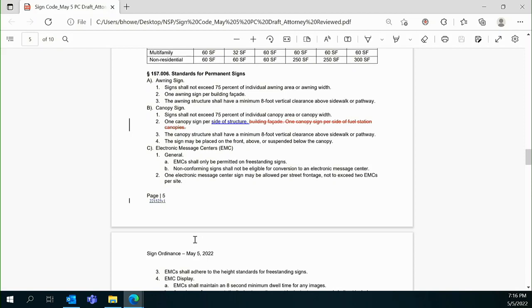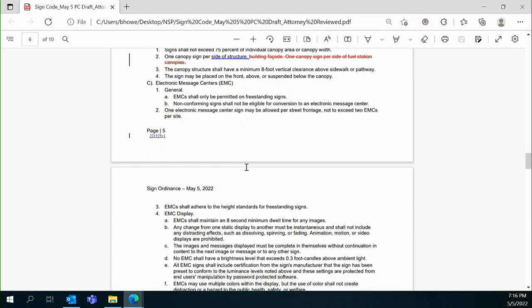If you have an octagon-shaped building, you could have 8 signs, as long as you don't exceed however many hundreds of feet you get. Not a circular building. Wouldn't it be all that big, though? Let's not talk about round. That's right. Then we'll negotiate.